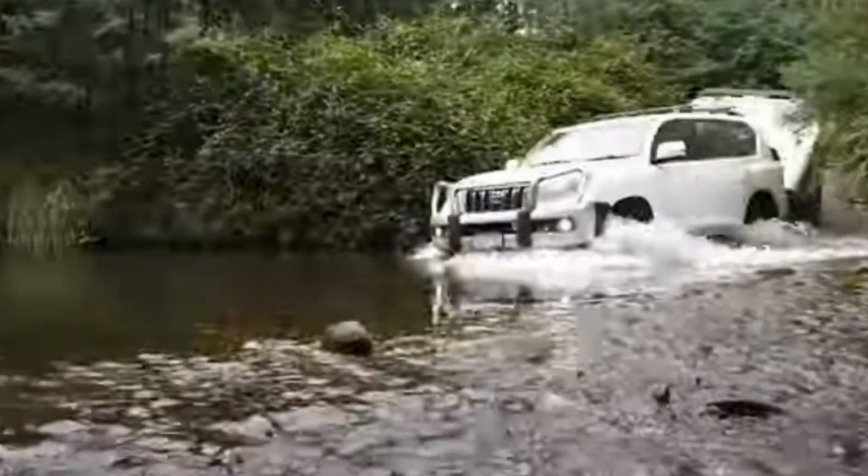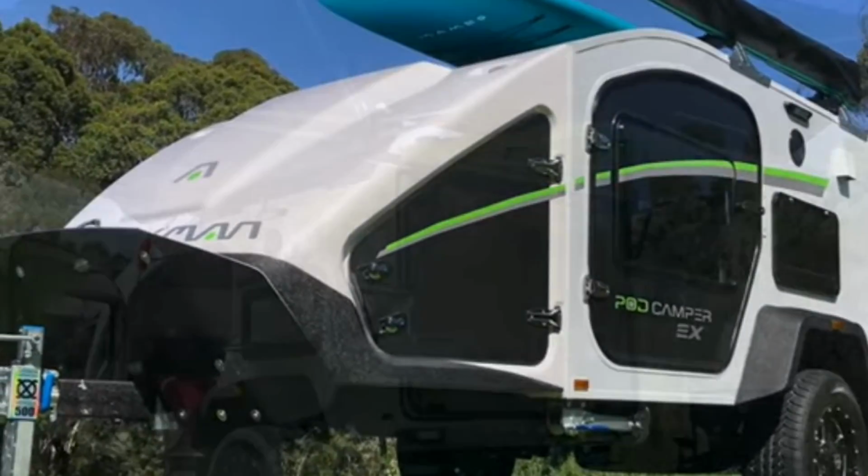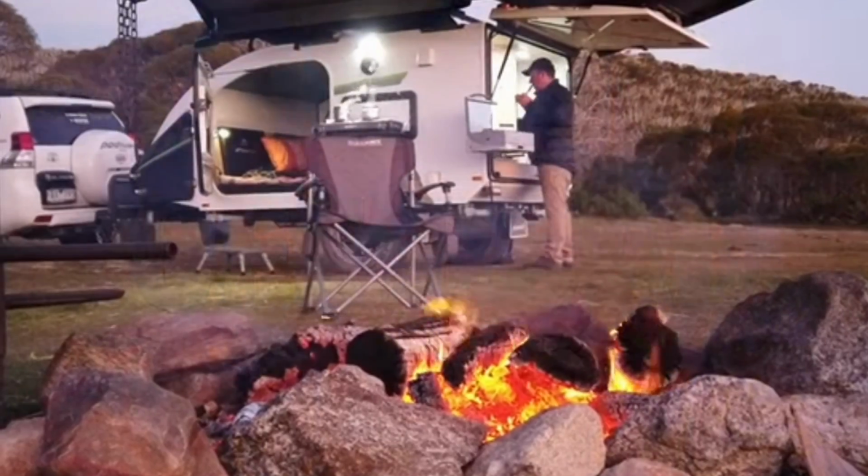is Stockman's Ultra, fully optioned. They had one at a recent show, it was $67,000, and it was quite well optioned. It had air conditioning and everything like that. Is it as good as ARB's Earth Camper? Nah. It hasn't had the development work that ARB's version has, but it is a more traditional teardrop /